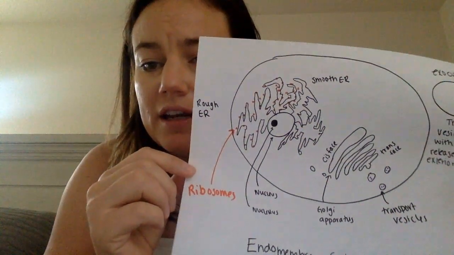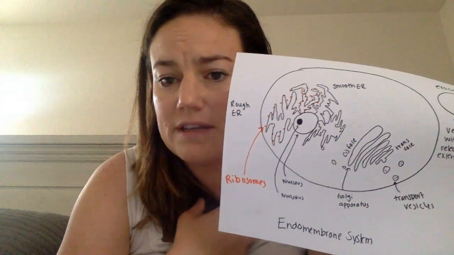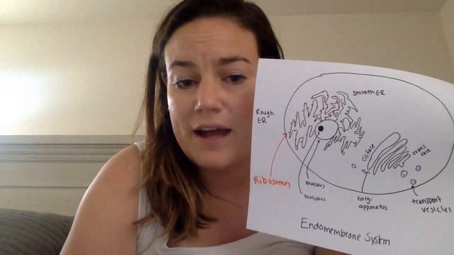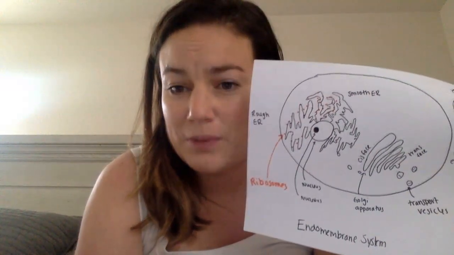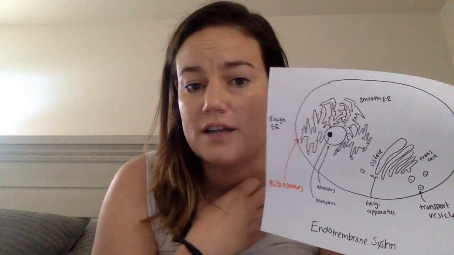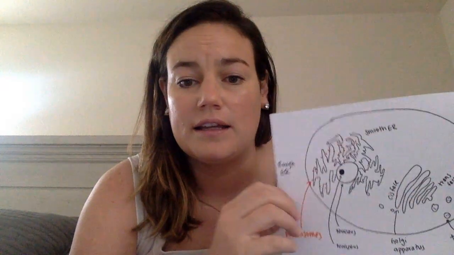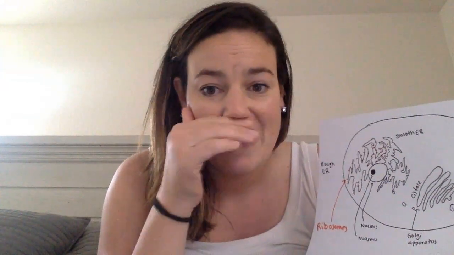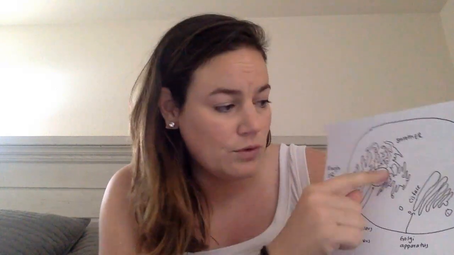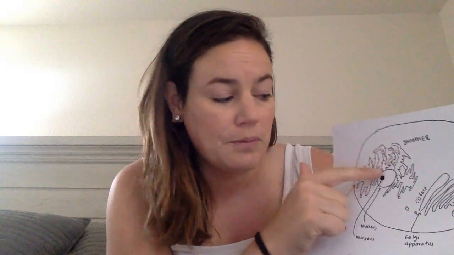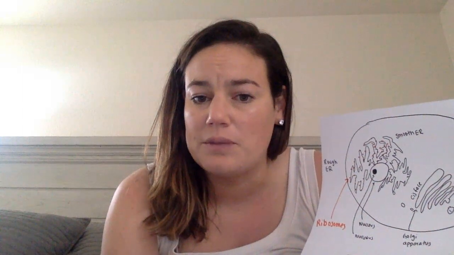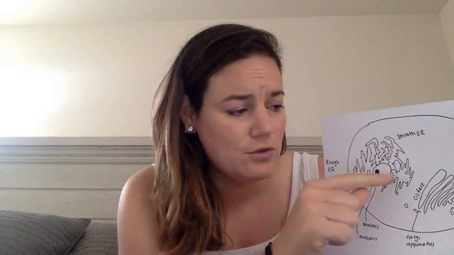So you have this cell, and inside you have the main components of the endomembrane system, which are going to be the rough ER, the smooth ER, the Golgi apparatus, and the transport vesicles. So if you're talking about a steroid hormone like progesterone or testosterone, it would begin in the endoplasmic reticulum with the production of cholesterol. There it would be moved to the smooth ER, so that the cholesterol would be made by the ribosomes. Then it would move to the smooth ER, where it would be converted, and this newly synthesized